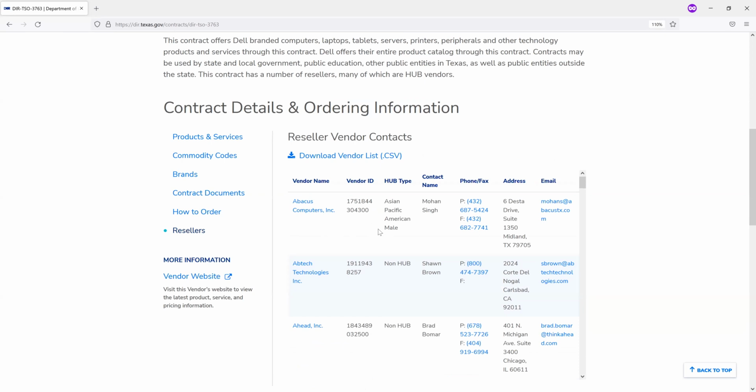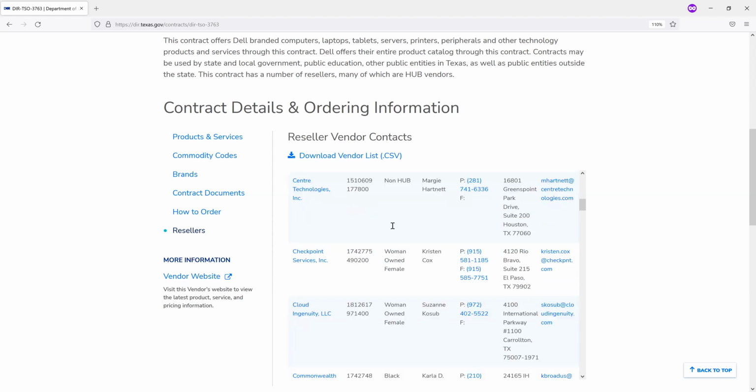You'll notice here that there is a link for downloading a list of it in a CSV format. If you click on that link, it'll pull all the information for the resellers, all of their contact information, whether or not they're a hub. You'll be able to download that list from there.